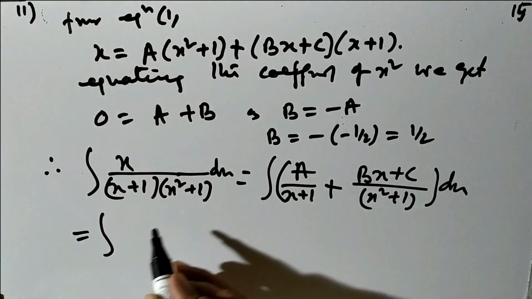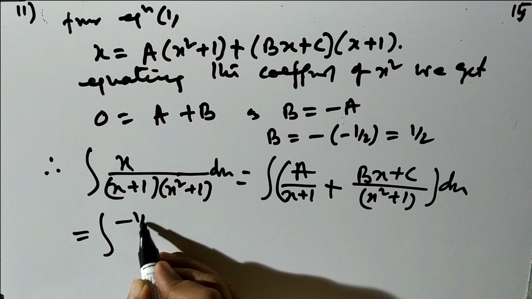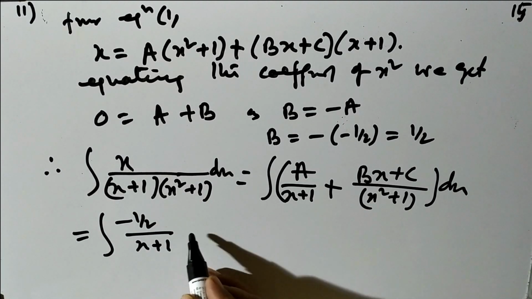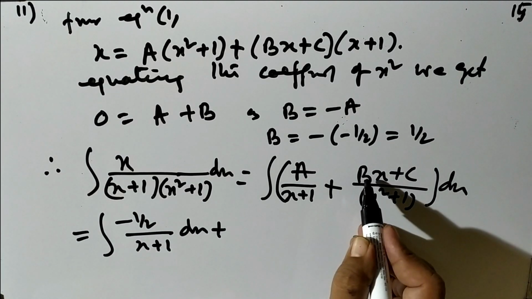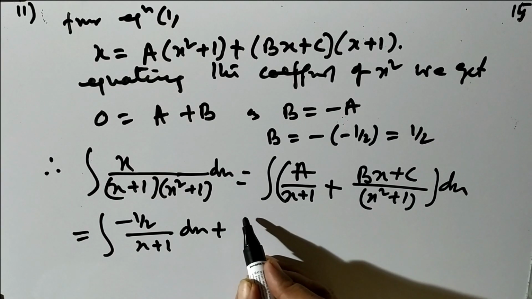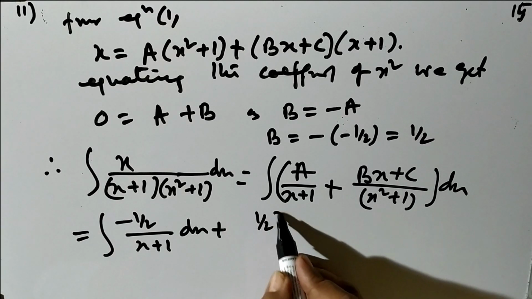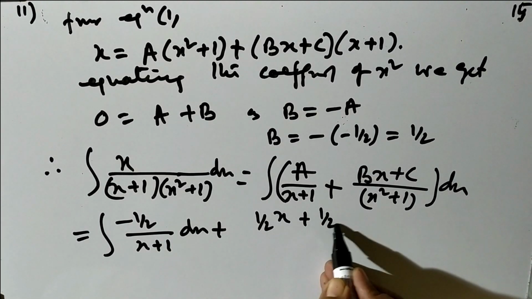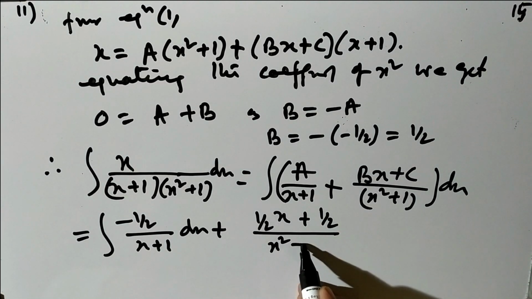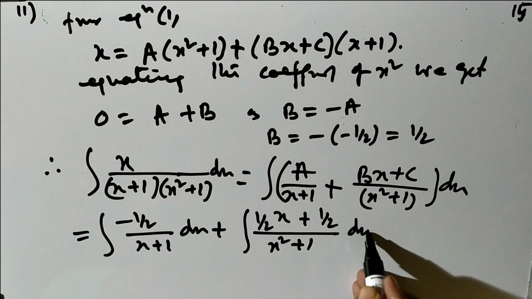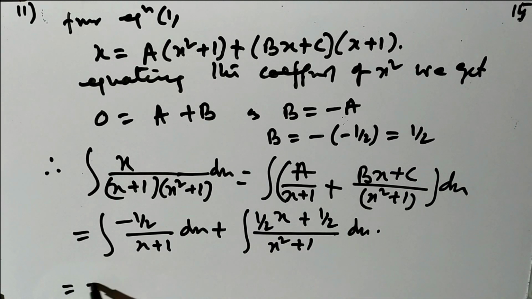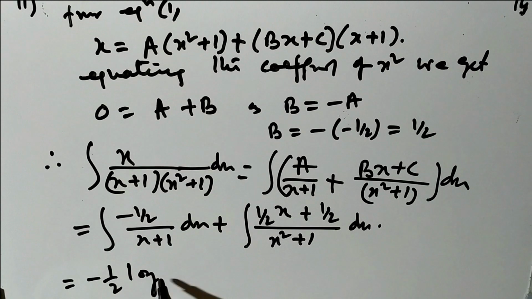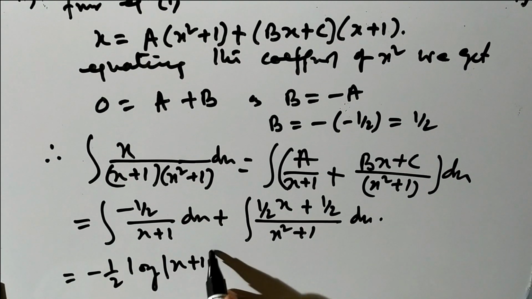This is equal to a is minus half, 1 by x plus 1 dx. b is half, c is also half, by x square plus 1 dx. This is equal to minus half log mod x plus 1